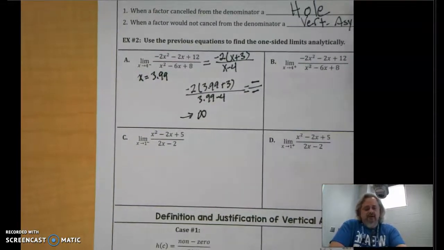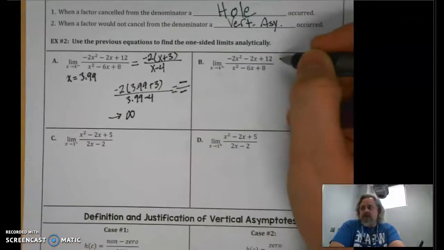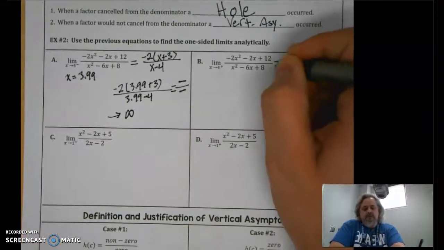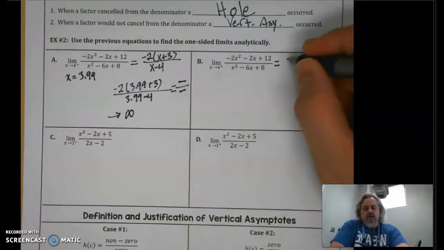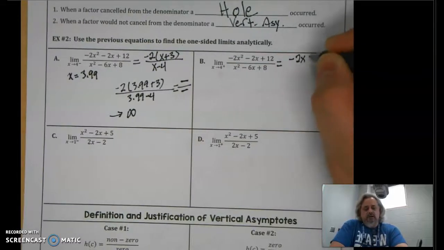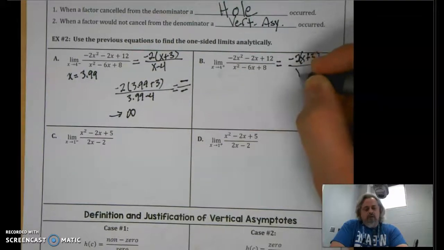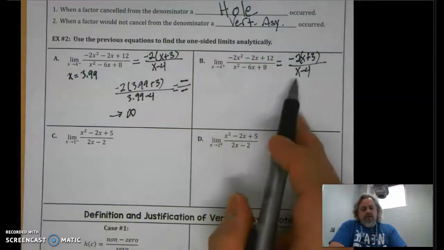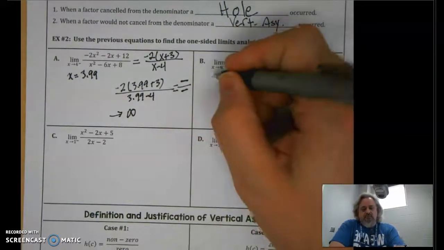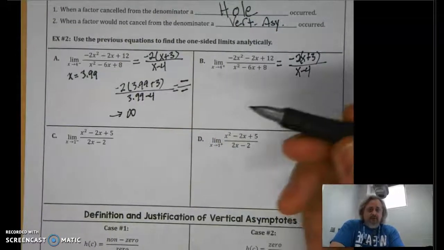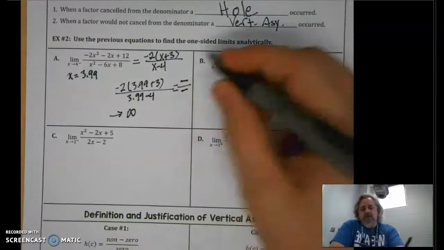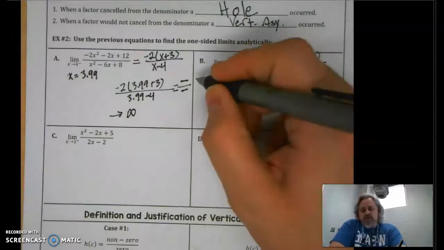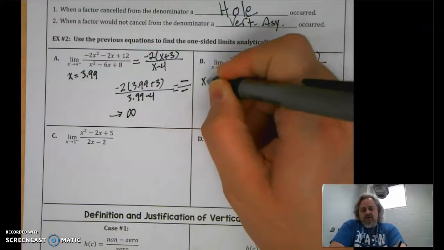Here, same thing. This is the same function on the right side. So I'll write the simplified function again: negative 2, parentheses, x plus 3, over x minus 4. Again, because we're approaching from the right side of the graph, we have to have a number that's bigger than 4. So in this case, let's say x is going to be